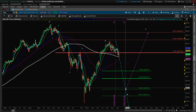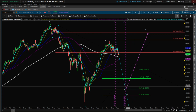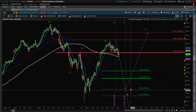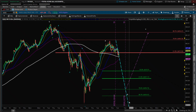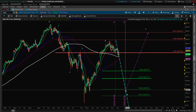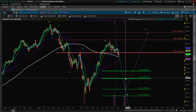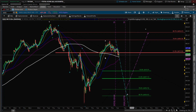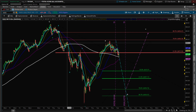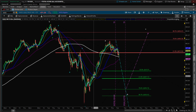Okay, time relationship going into about the 9.3, but we have all the way to the 9.12. So we have plenty of time here to get down into that area and then to move up to the 8.87 or to continue lower. But this would be in relationship if the Qs make it to 7.86 while SPY makes it to the 62. That would be no coincidence, and then we'll be looking for a reversal, at least to play a bounce. And all this would be is an impulse move to the downside, and we're playing a top. So again, this is kind of a range play, but after this impulse move,